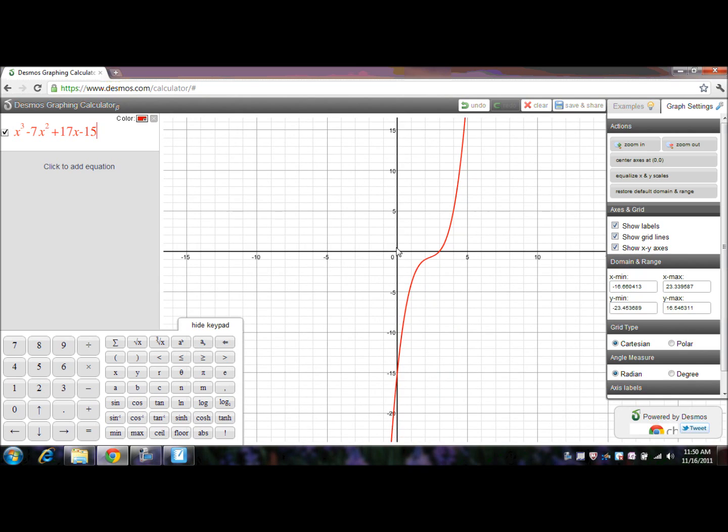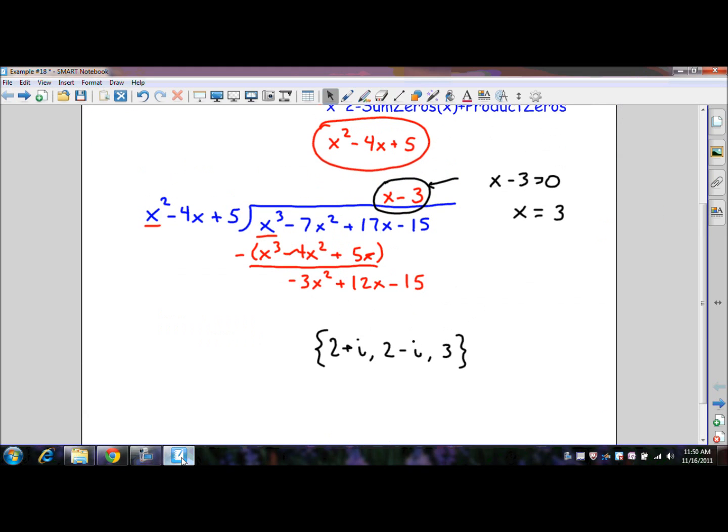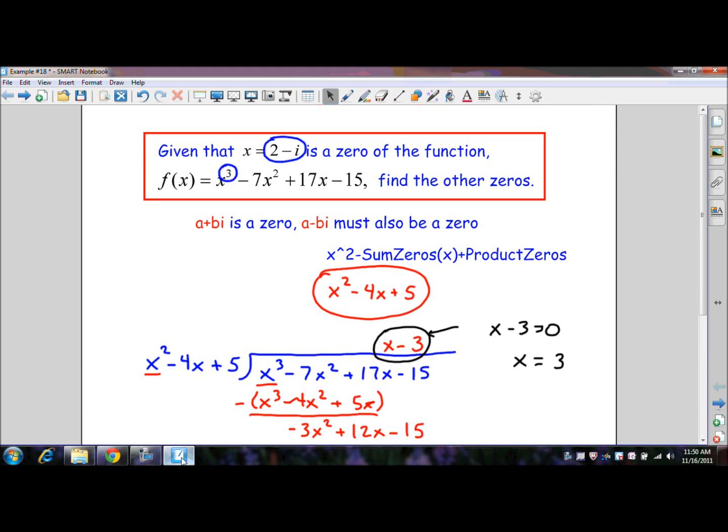And that's it. Now, as always, to check, and you should always do this, go back and make sure that you're right. So I'm going to go back to my graphing calculator here, and I'm going to put in this original equation, which was x to the third minus 7x squared plus 17x minus 15. And remember, zeros occur